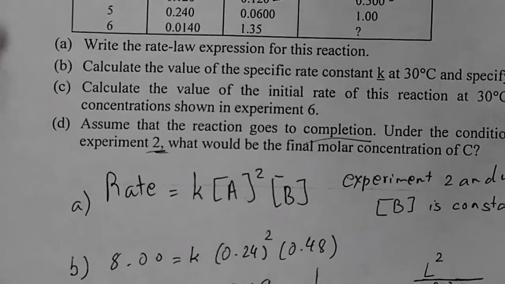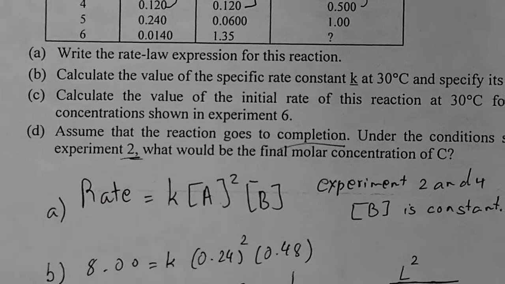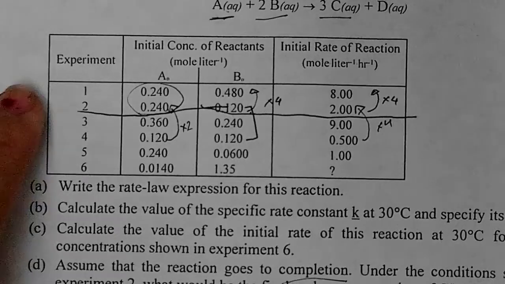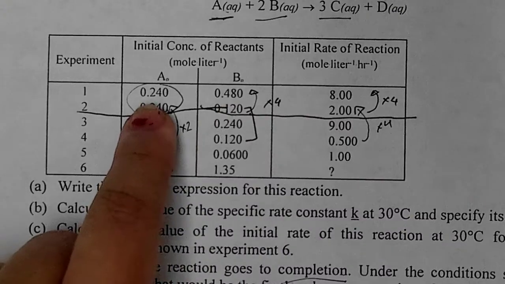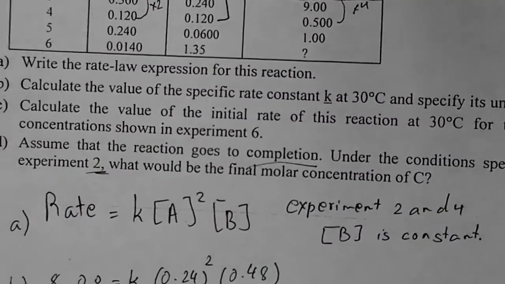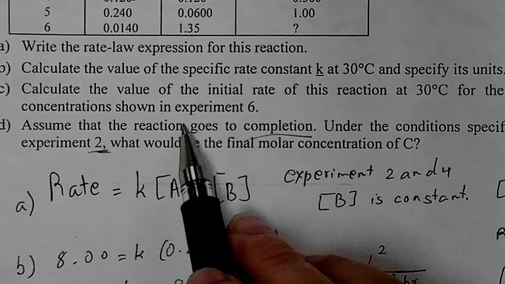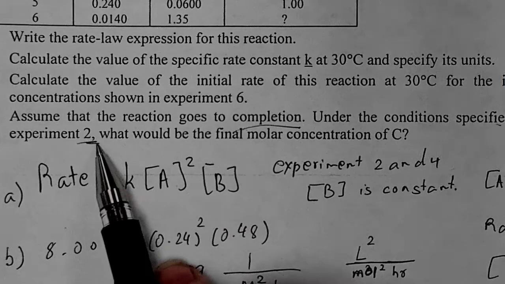Take a look at this. On the B, we're looking for experiment 2. So that means the only line that you're looking at here is this one, the whole thing. Okay, so you have concentration A, concentration B, and your rate. Take a look at the question. What is this asking? It says, if the reaction goes to completion under the conditions of experiment 2,